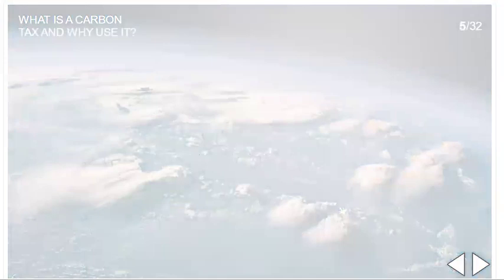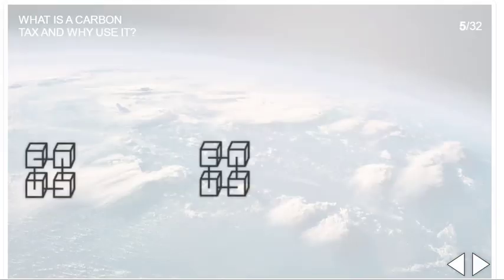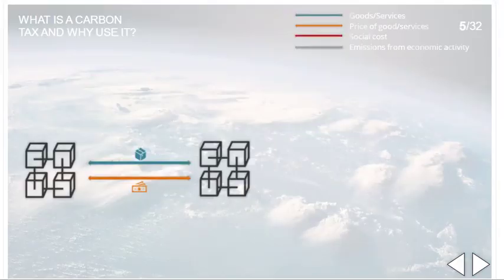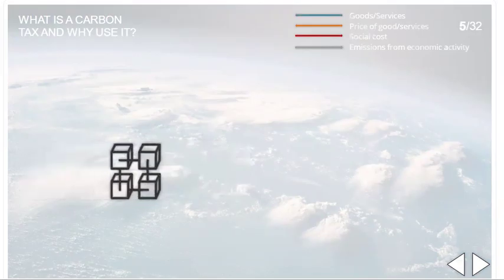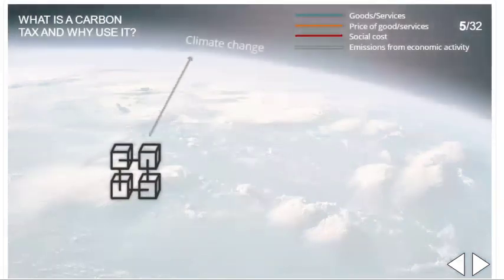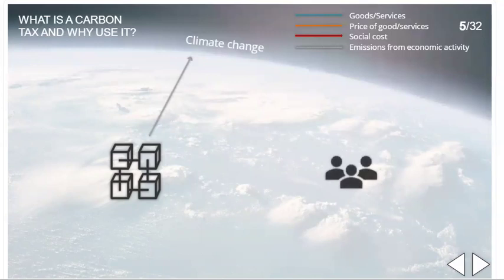An important benefit of carbon taxes is that they address a fundamental problem in our economy. When market actors exchange goods or services for monetary payments, they often engage in economic transactions that drive greenhouse gas emissions. These emissions, in turn, drive climate change. The fundamental problem lies in the fact that climate change incurs costs for everyone in the society, including those who did not form part of the economic transactions that caused it.